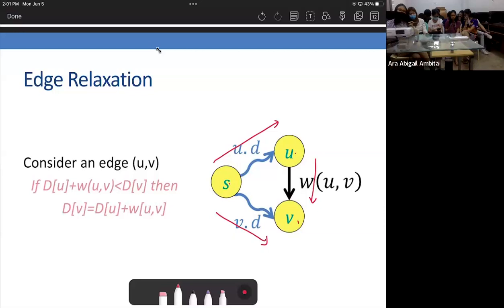The shorter one, right? So we consider an edge U and V. So currently, if the sum of D of U plus the weight of U to V is less than D of V, for example, V is D of V supposedly. But we found a shorter path. Then we set that the distance going to V is